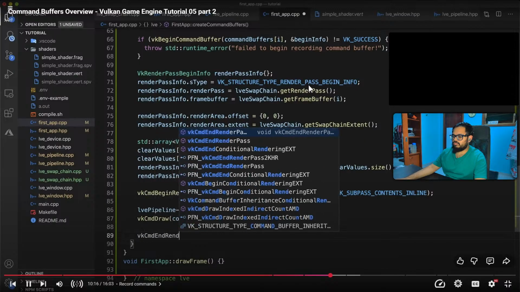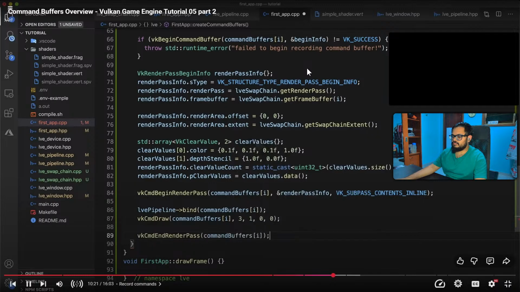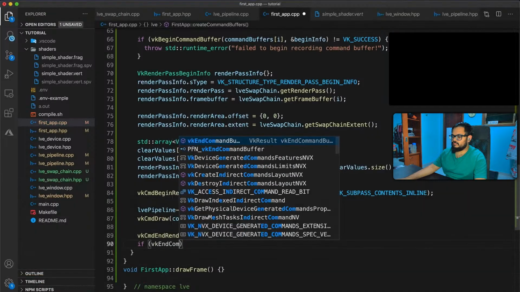To finish recording, first end the render pass with vk command end render pass, command buffer at index I, and then in an if statement, vk end command buffer,